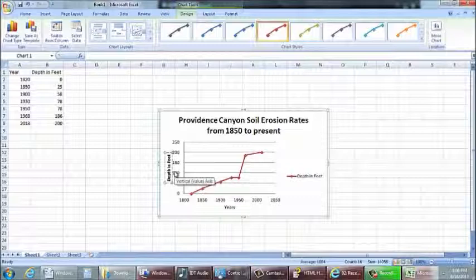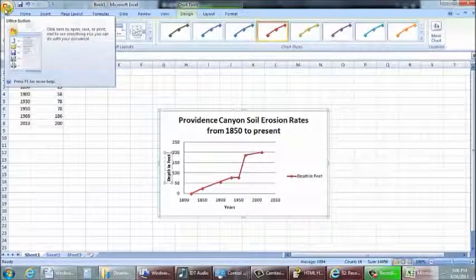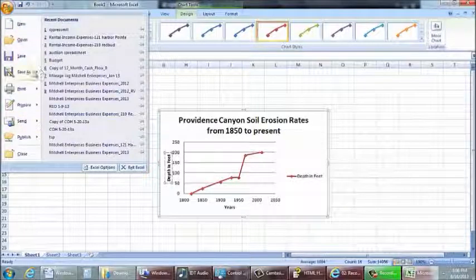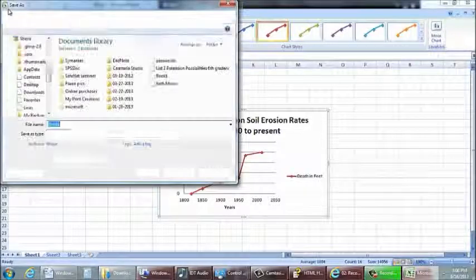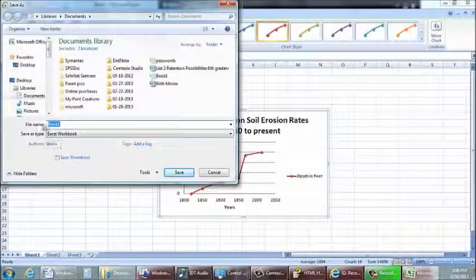Okay, so that's our first graph, and I could go ahead and finish here and save it by clicking the Office button and hitting Save As. Okay, and then I could choose where I want to save it. If I want to put it in my documents, I could call it Providence Canyon Soil erosion